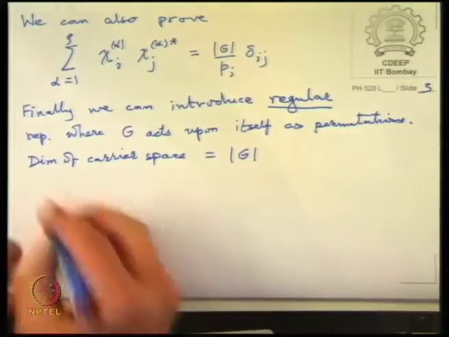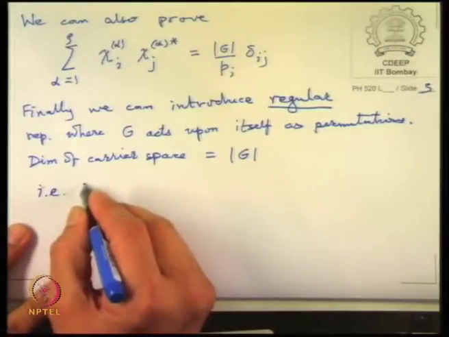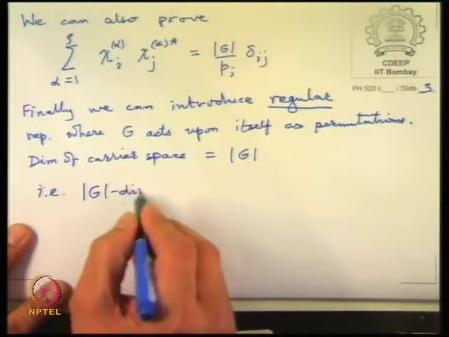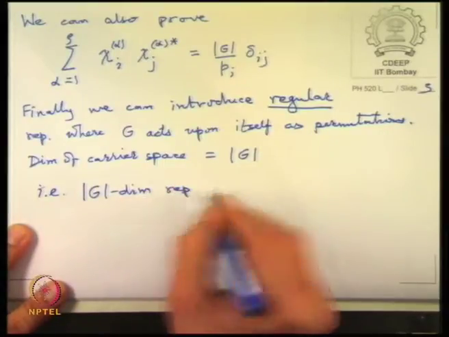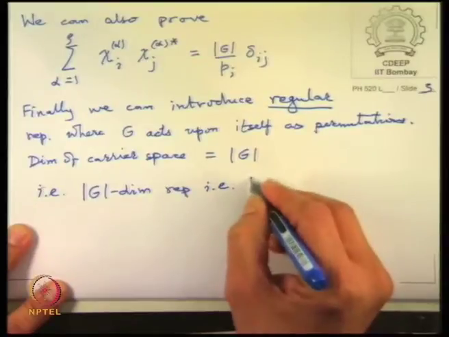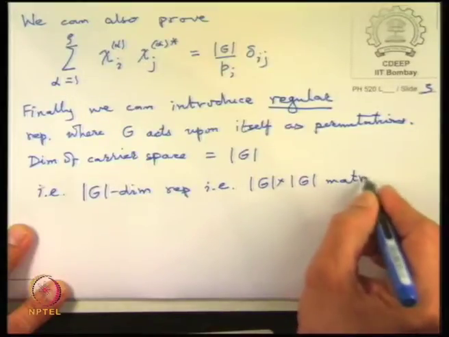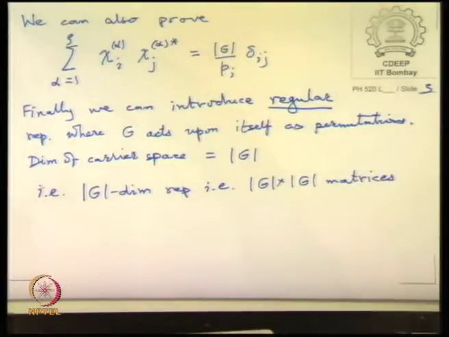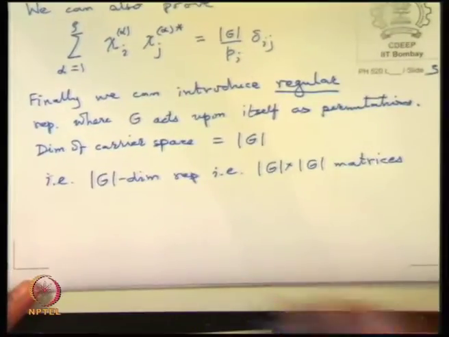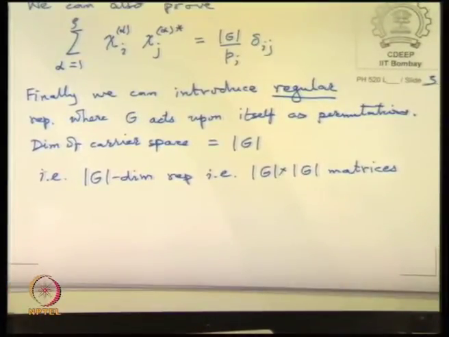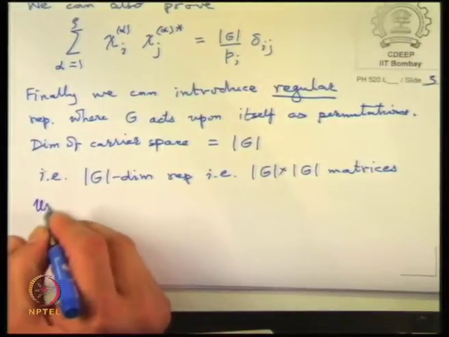So, G dimensional representation, i.e. again I want to emphasize G by G matrices. When somebody says irrep of size n, it means n by n size matrices. Now, one thing we learnt was that in the regular representation, identity is the only one that has non-zero characters. And so, I will not repeat all this, but using this one can prove,